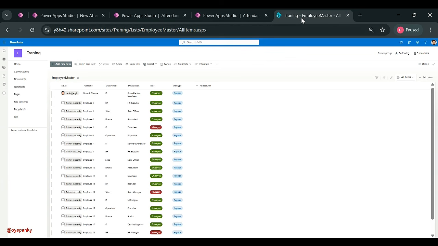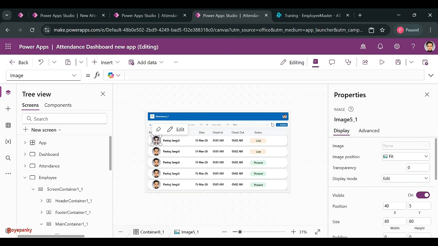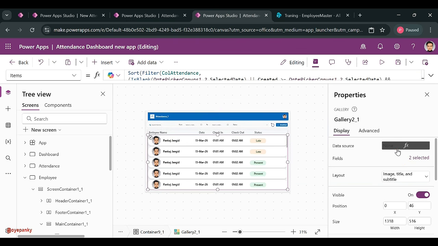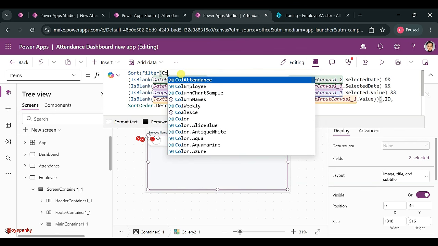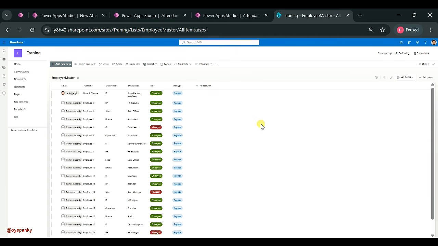Okay, so this is your employee master data. I want to show the full name, the email, the department, the designation, the other things as well. So here, I want to show the full name. Okay, so first I need to connect my gallery with the call employee. Okay, my list name, call employee. Okay, now whenever your employee joins, you add here. Okay, so it's the created data showing as per